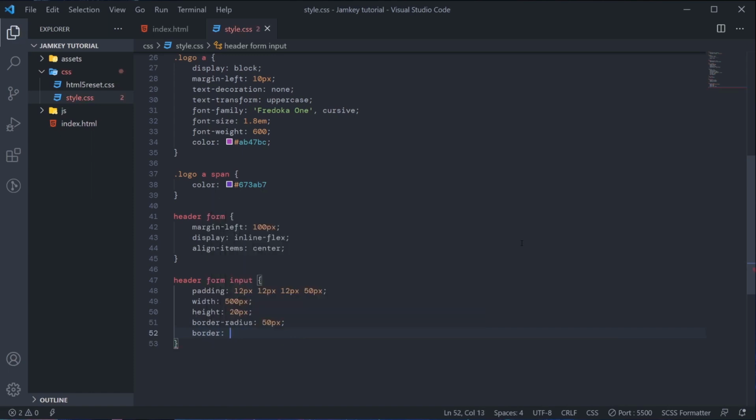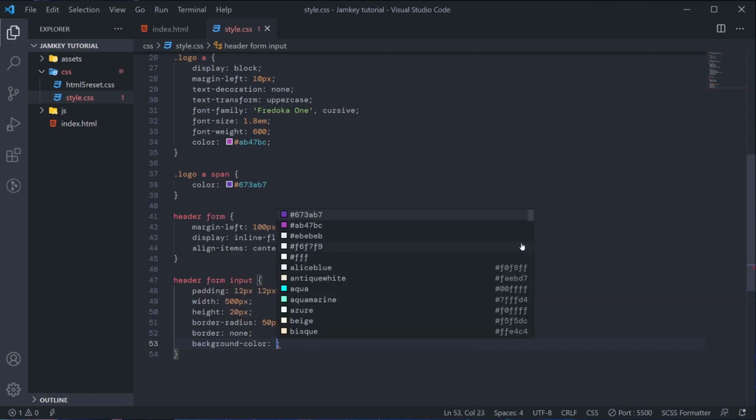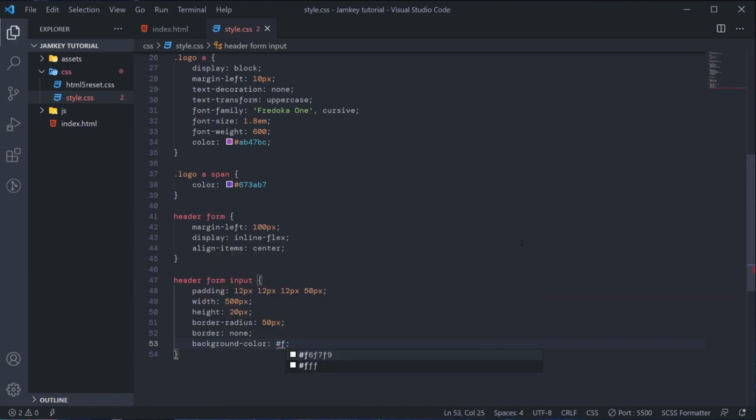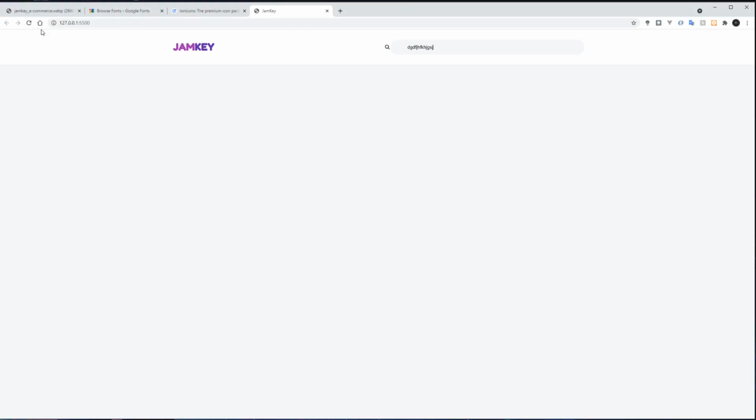Then border will be none. We'll set background color to F6F7F9. Then outline will be none. Alright, so we'll go back to see what we get so far.